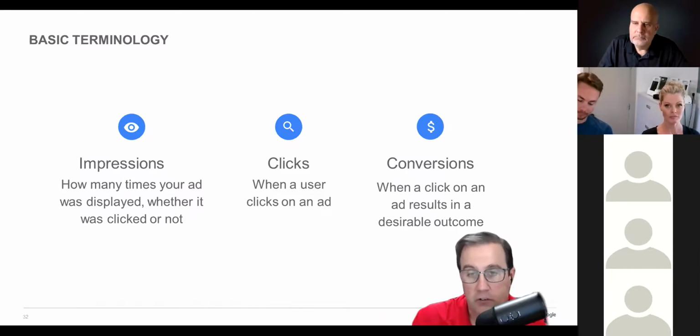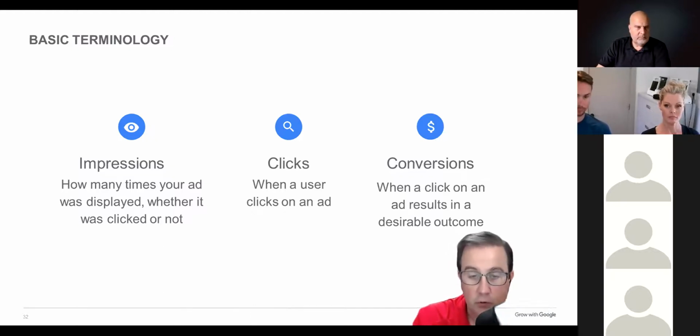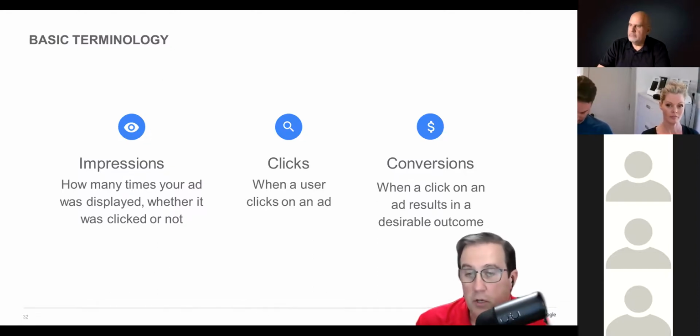Clicks are when a user clicks on an ad. CTR, which isn't on the screen here, is simply clicks divided by impressions. So if you have 100 impressions and 5 clicks, your CTR, or click-through rate, would be 5%, which is 5 divided by 100. Conversions are when a click on an ad results in a desirable outcome, such as a purchase, a